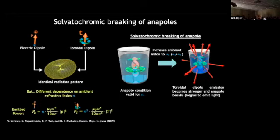In this idea, we exploit the fact that the emission power of toroidal dipole and electric dipole depend differently on ambient refractive index. Electric emission power is proportional to the refractive index, while for the toroidal moment the power goes as the fifth power. So if you had a perfect anapole structure in, say, vacuum, and then immerse it into liquid with a different refractive index, the anapole is broken, and as a result you can see absorption and reflection lines of the combined electric and toroidal